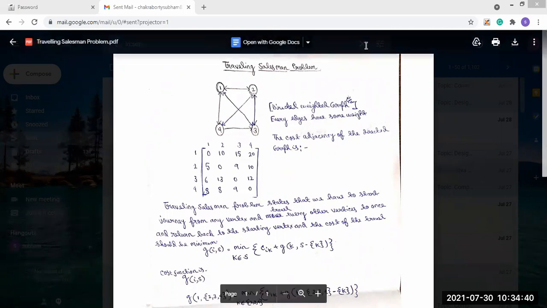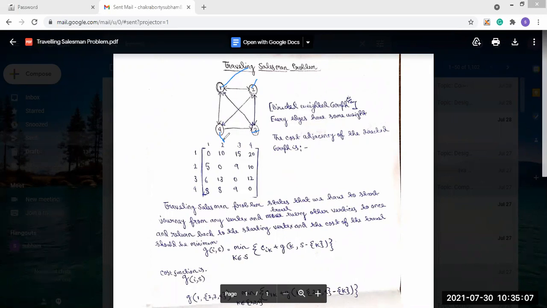Now, here you see I have taken a graph. In this graph, 1, 2, 3, and 4, these 4 vertices are present. Today I will not go into depth first, but I will only say how it can be formed and how it can be solved. We will see that in the next class, but first we will observe what the problem is.